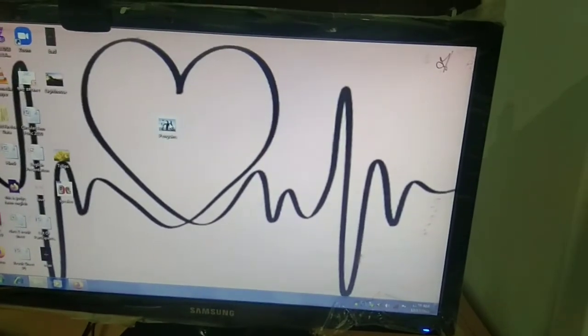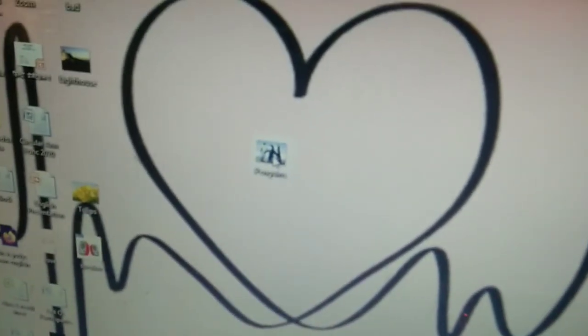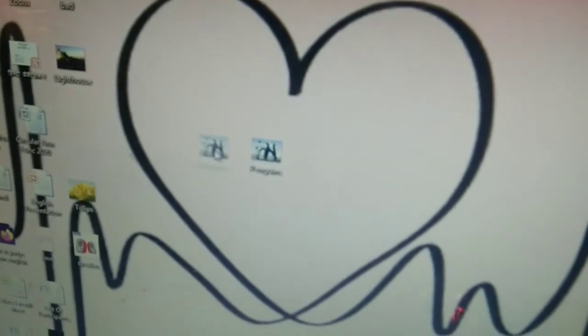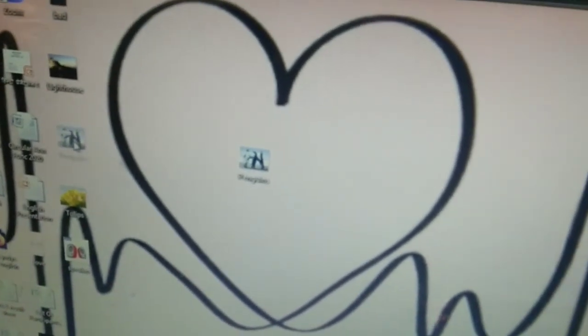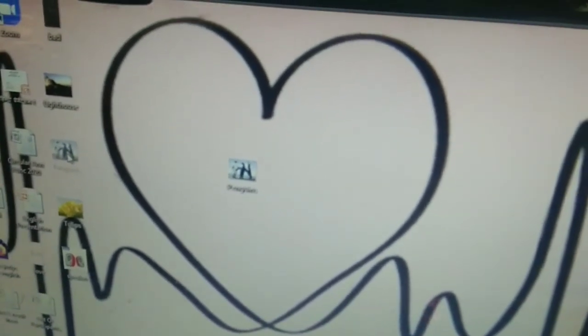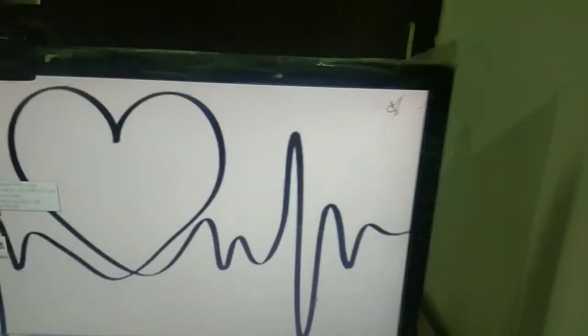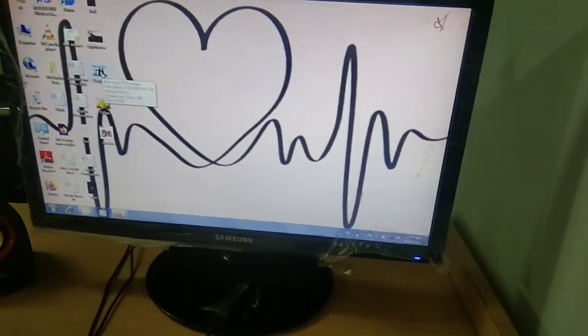Now again, if I have to drag this picture from here to here again, then again I will put a single click and hold this picture, and I will move my cursor and I will leave the cursor here. Okay, so in this way you can drag the pictures also.